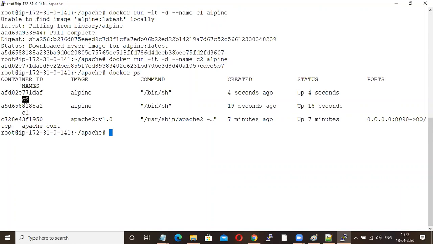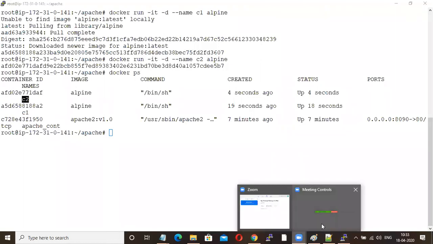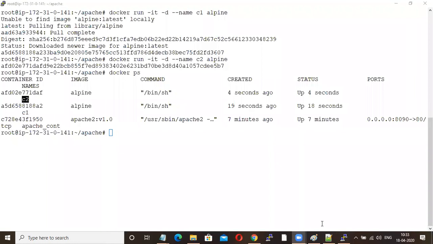Now how to get the IP of your container? Anyone can answer this question? Let's see who has practiced.